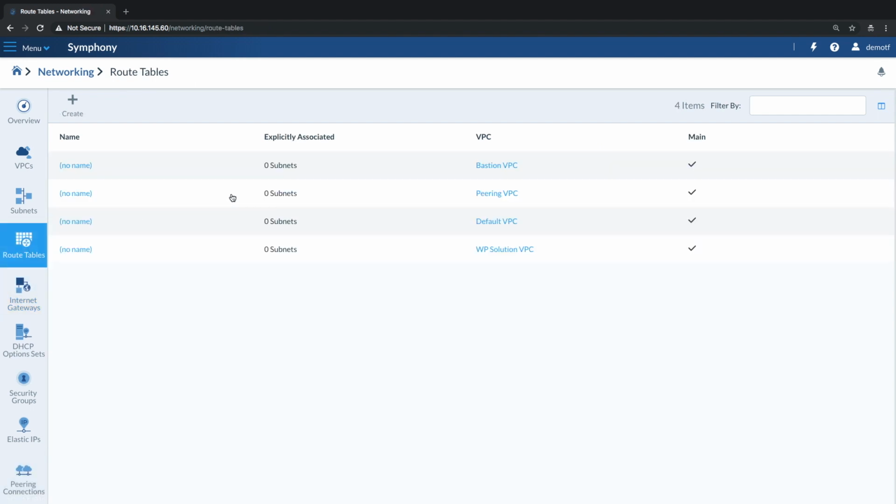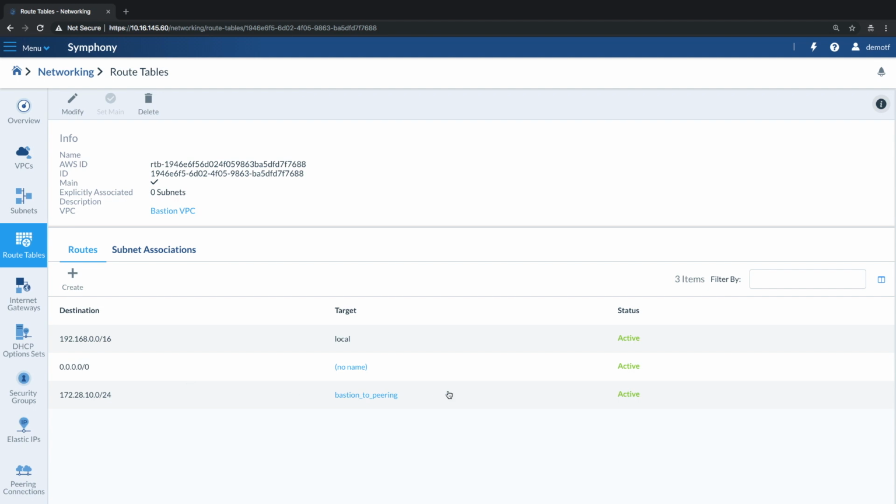You go to the route table, and in the Bastion VPC, I'm saying if you want to go to the peering subnet, go to the Bastion to peering VPC peering, and that's it. You're connected. So the VPC paradigm is the best paradigm for isolating an application within its own software-defined network environment,